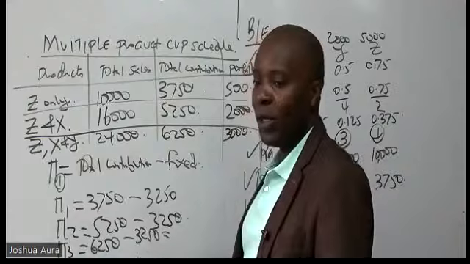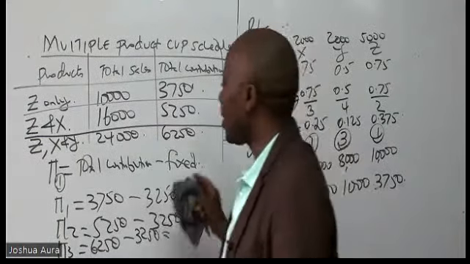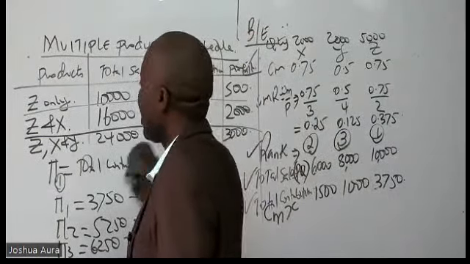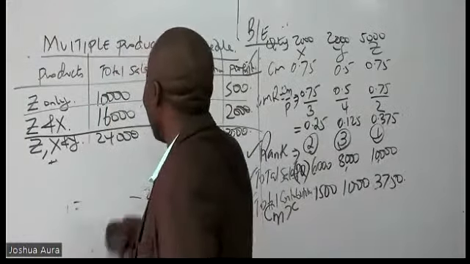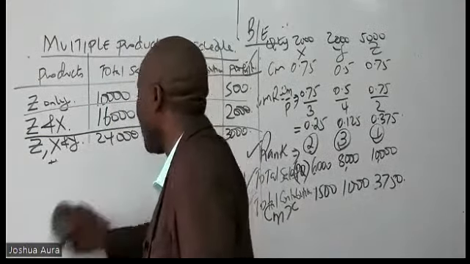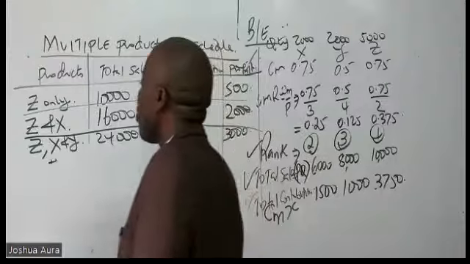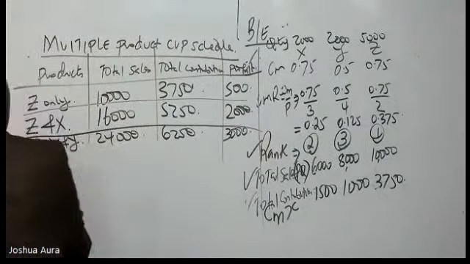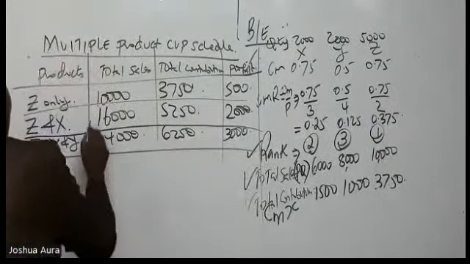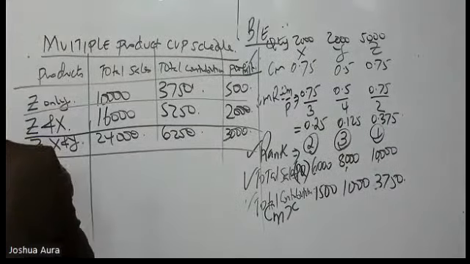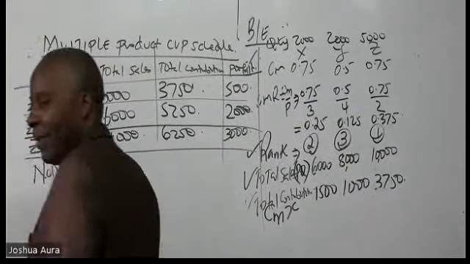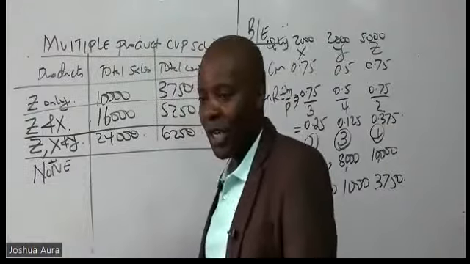3,000. Now, ladies and gentlemen, after I do that, we know that there is one scenario that so many students forget. This scenario of nothing. What if in this case here we don't produce any product? If we produce none, this is a point which is normally forgotten by many students. If we produce none,